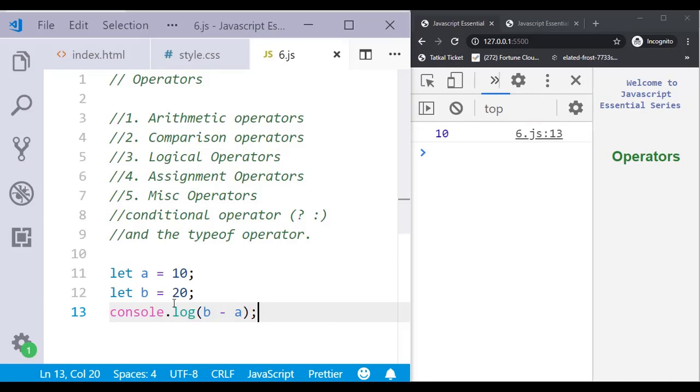Now consider I put this 10 into a string. The minus operator will always convert the string to a number. So it will convert like 20 minus 10, it will be 10. So I still get the output 10 only, you see.